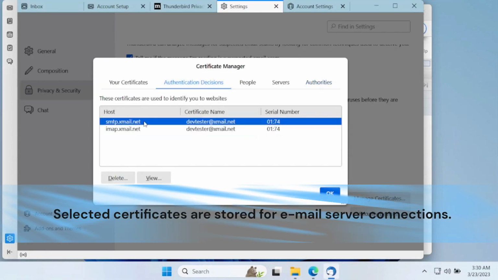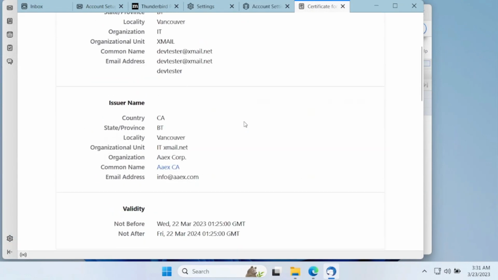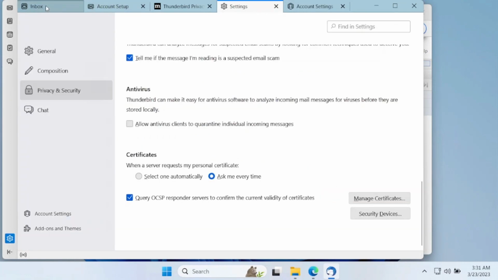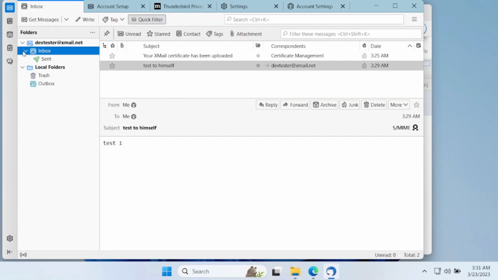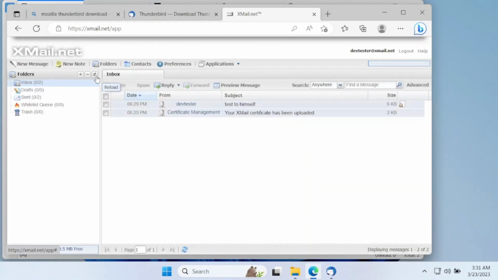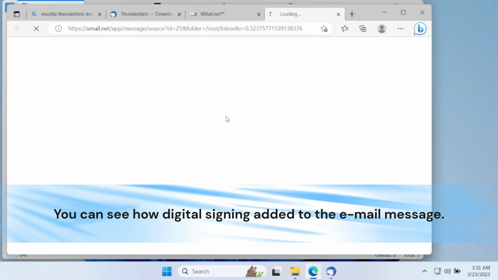Selected certificates are stored for email server connections. You can see how digital signing was added to the email message.